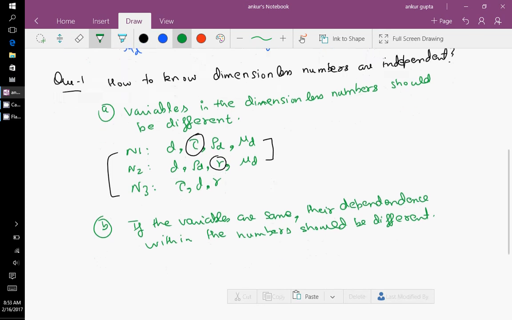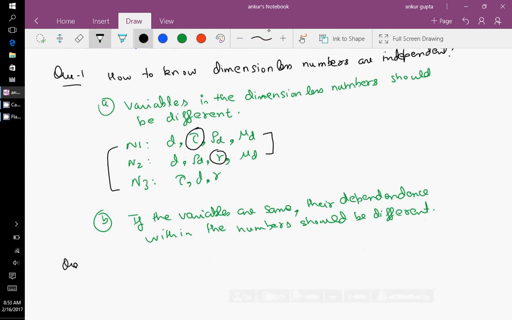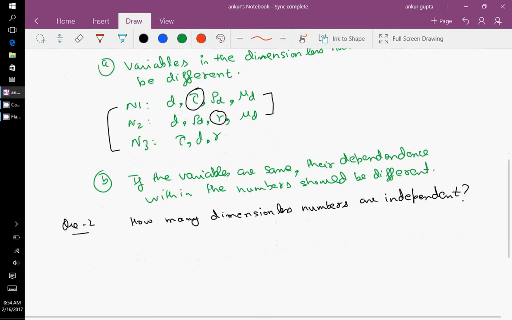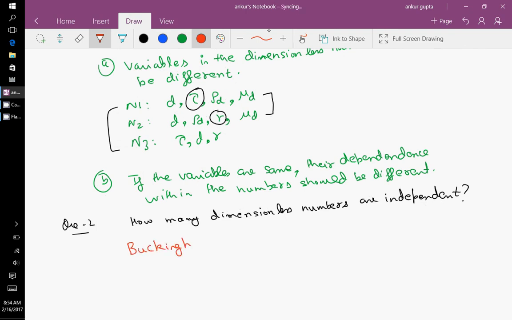So the number 2 was important here. Just so that nobody forgets, I will also write a question here: how many dimensionless numbers are independent? For this question, we have done this several times in the lecture, in the videos and in office hours, and the answer is determined by the Buckingham Pi theorem. The number of independent numbers, capital N, is equal to N minus M, and in this case this was equal